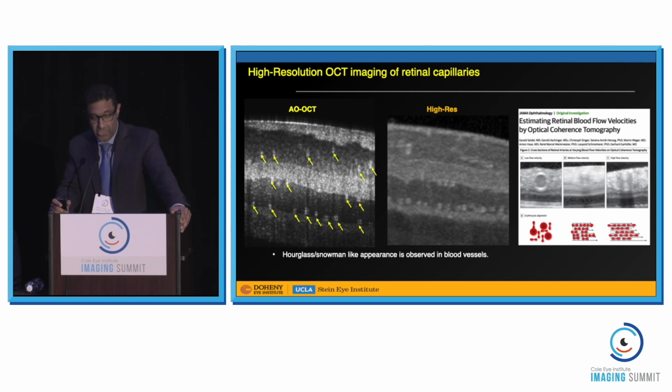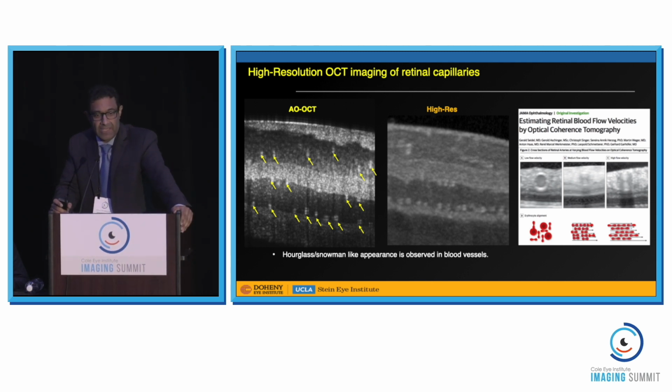of the axial dimension, you can start to resolve this interesting appearance of retinal capillaries just because of the flow performance. You see this kind of snowman-like or hourglass type of appearance. You can appreciate that kind of bilobe appearance of the capillaries. And that, I'm going to show you, can be useful for differentiating capillaries from other structures of interest, such as